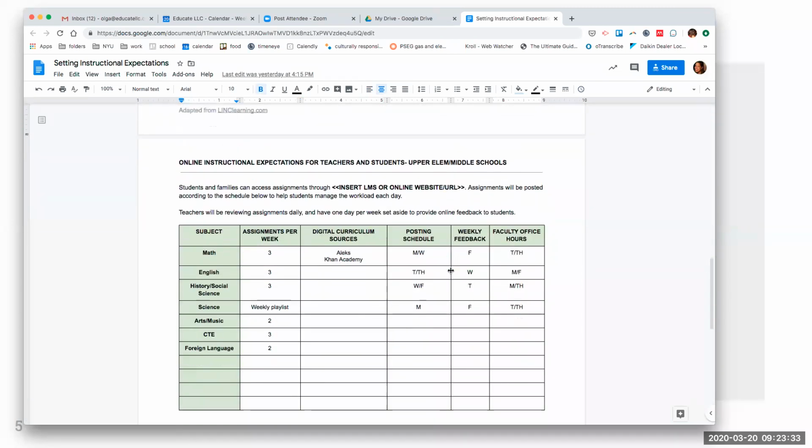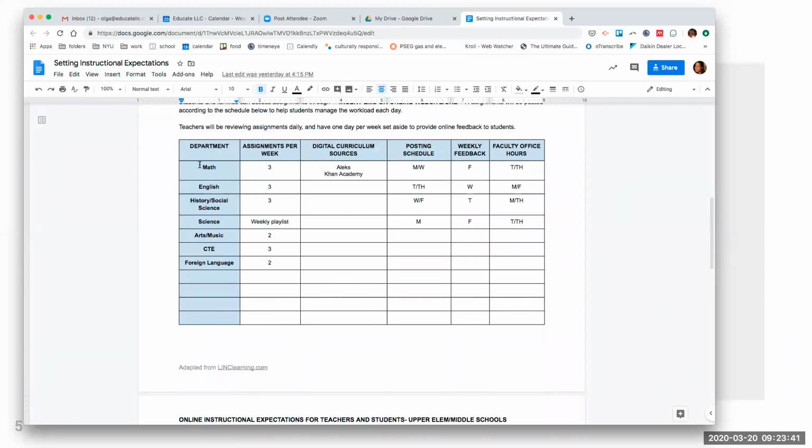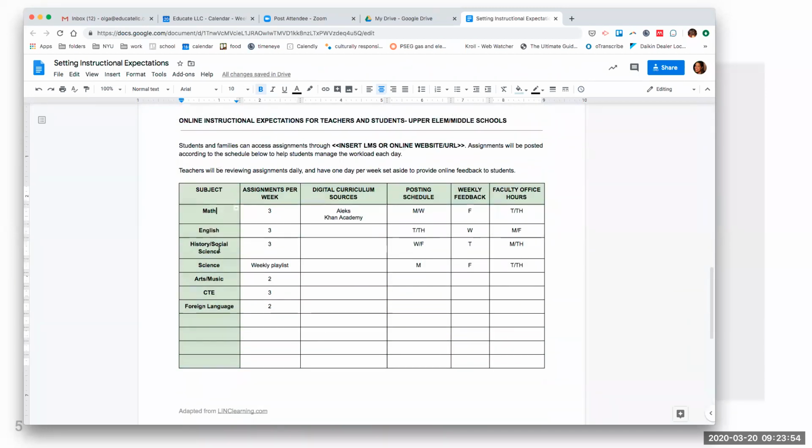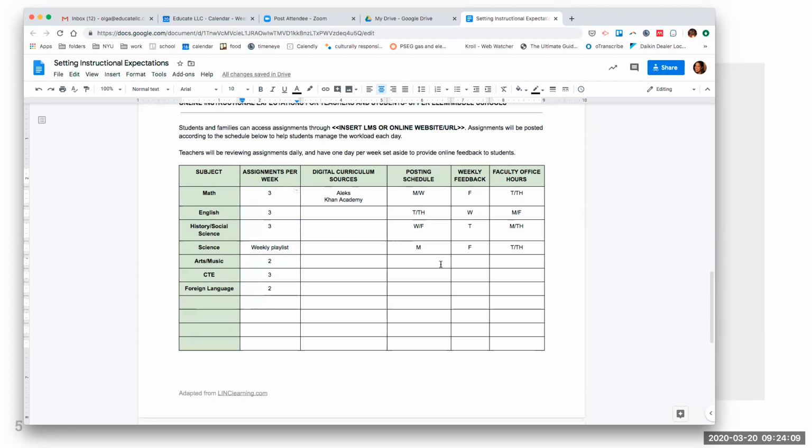Same thing now for elementary schools. If you're an elementary teacher and you're navigating teaching multiple subjects. Oh, so the high school teachers, you could personalize this by, instead of doing department, you could change this to section, right? And how often am I going to do this for section 1, section 2, section 3, whatever it is. Upper elementary, you're going to most likely separate this by subject area. And again, you might not want or need or be capable of posting more than 2 or 3 assignments per week. And so scheduling that out for yourself.